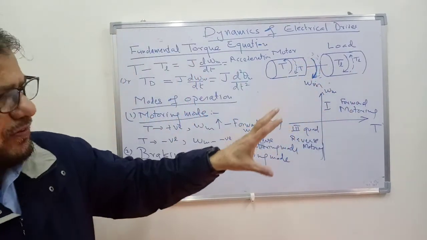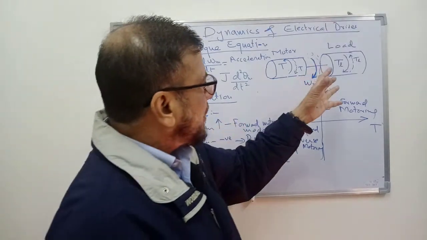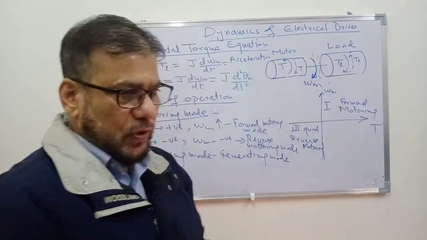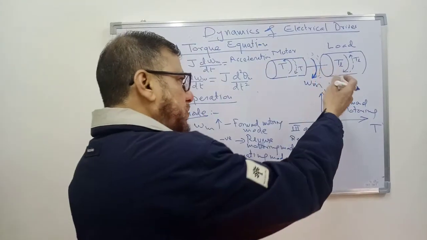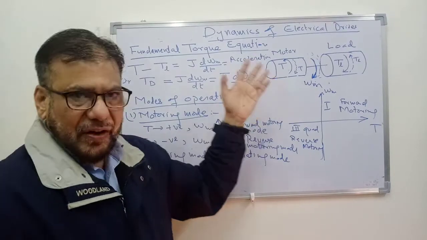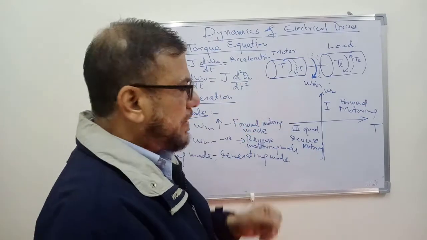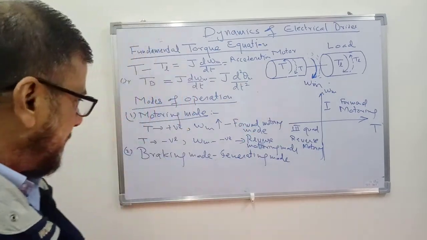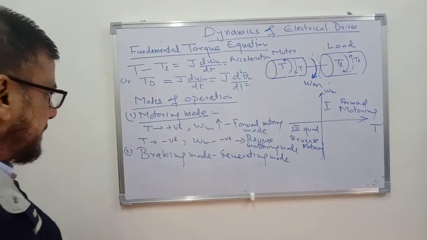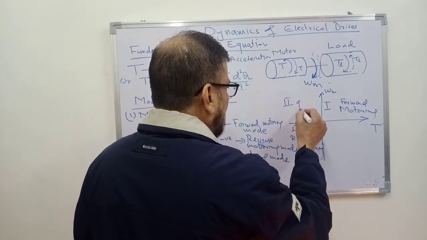Now this load works as a prime mover. The mechanical load is now working as a prime mover. It is producing mechanical energy and this motor is running as a generator. So this is known as the braking mode. Again, there are two possibilities. That is the second quadrant operation,